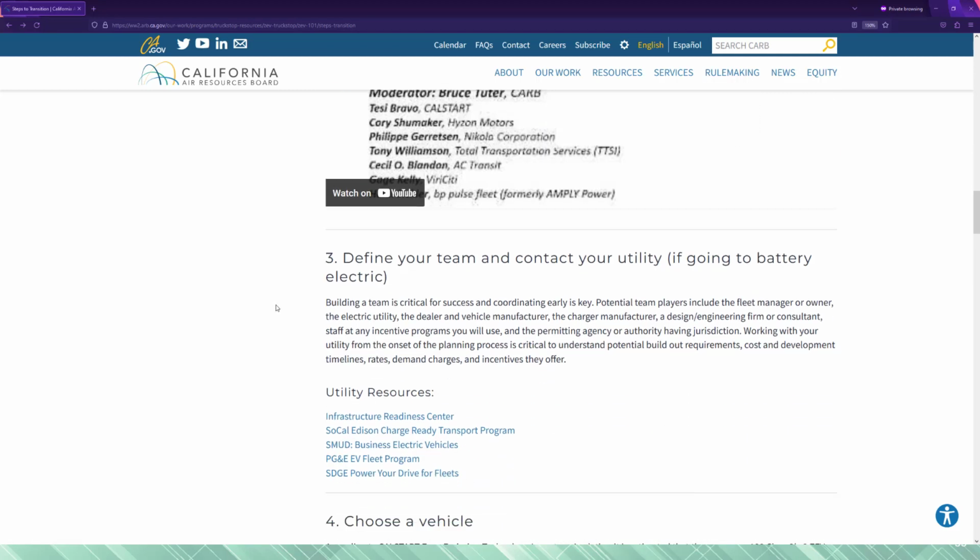Step 3, define your team and contact your utility if you're going to battery electric. Building a team is critical for success, and coordinating early is key. Potential team players include the fleet manager or owner, the electric utility, the dealer, the vehicle manufacturer, the charger manufacturer, a design or engineering firm or consultant, staff at any incentive programs you want to use, and the permitting agency